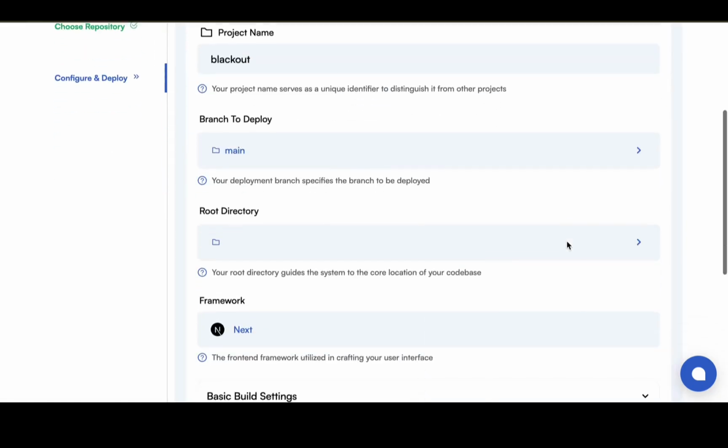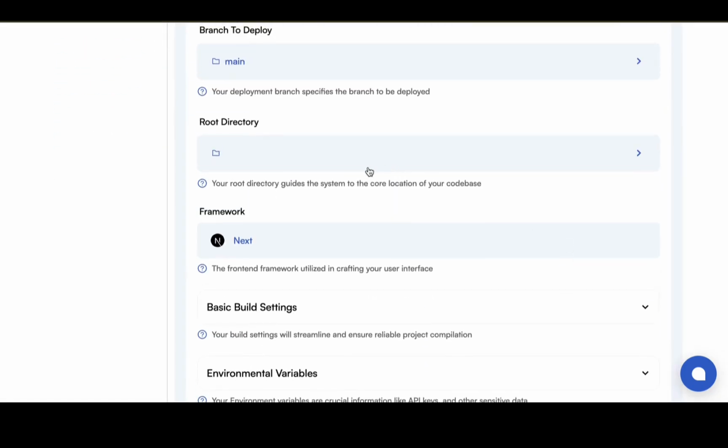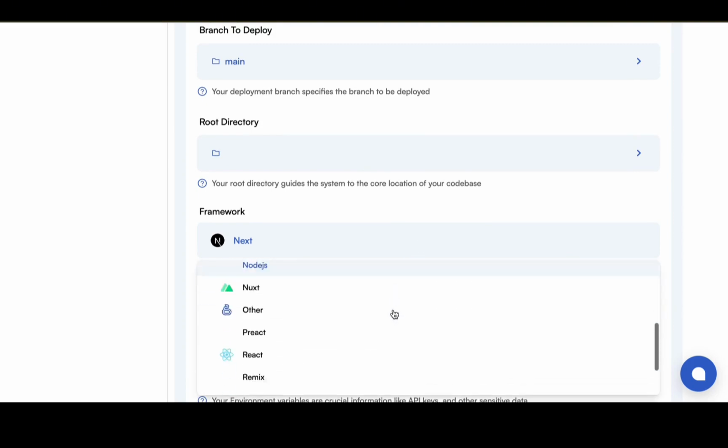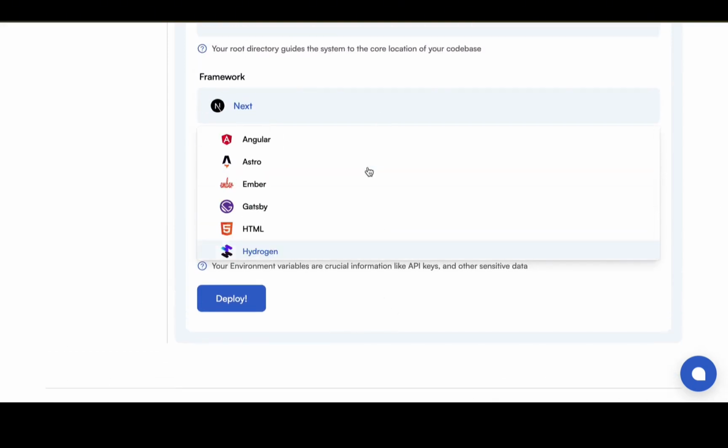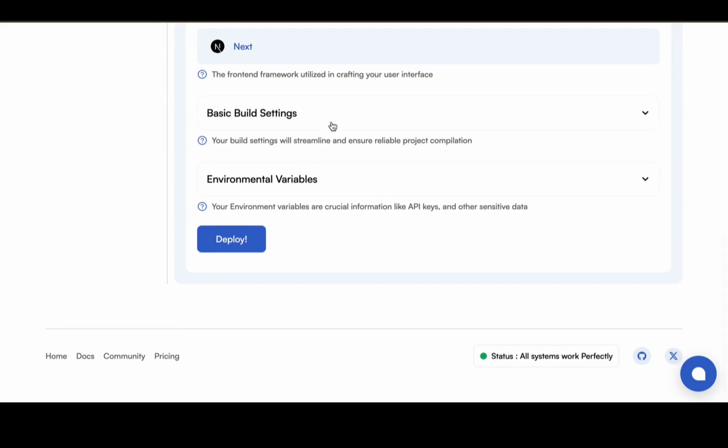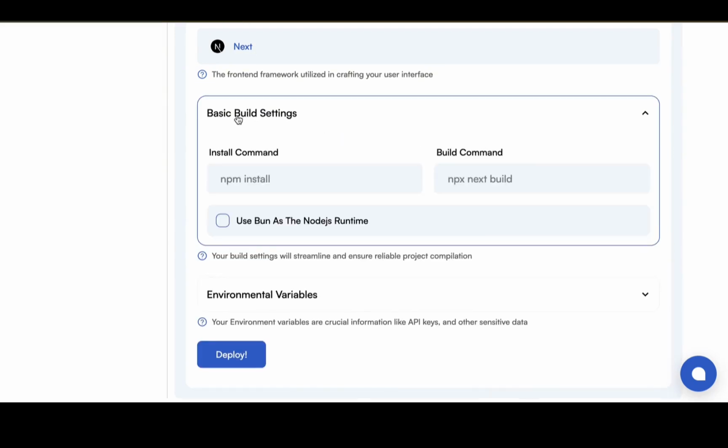Also, it's in the root directory. My framework is Next.js, but I can also change it to different frameworks in case Brimble did not guess it right. But of course they did. Also the basic build settings. I guess mine is npm install and